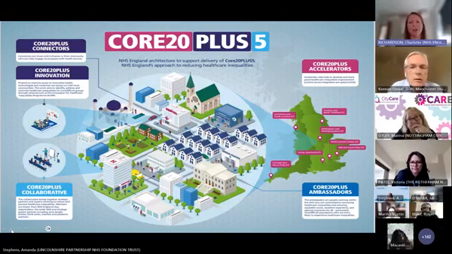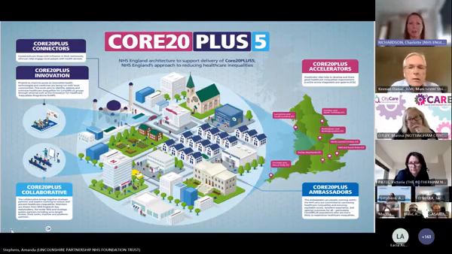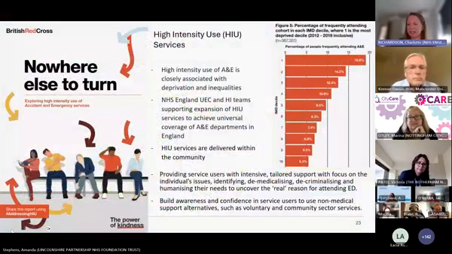Because again, when you look at who has access to those, for example, in our children and young people CAAW20+5, diabetes is a priority. There are now effectively artificial pancreas solutions or closed loop systems. But when you look at who's receiving these, it's again the people that are least deprived, and there are inequalities in access. Not on this slide, but key parts of the network, we have finance fellows who are working within finance to help further that economic argument and support business cases for various programmes. And of course, working at all levels are those working on audit and QI as well to deliver that CAAW20+5 approach.